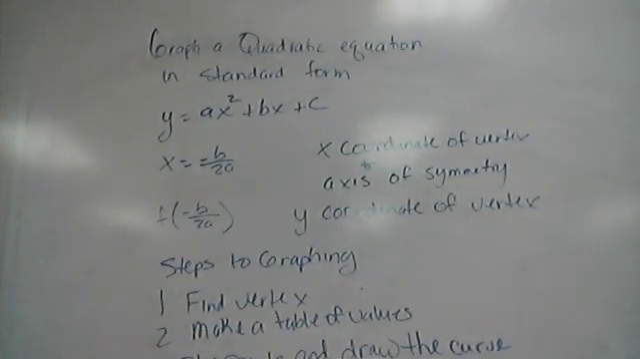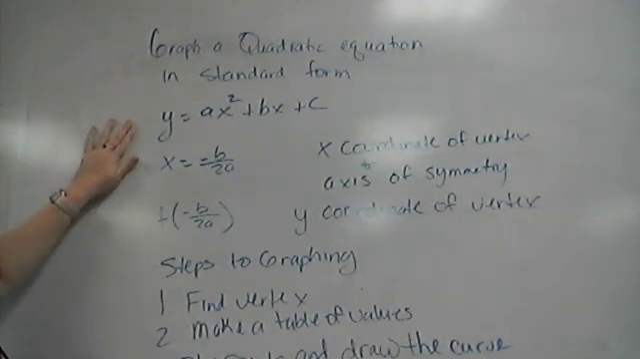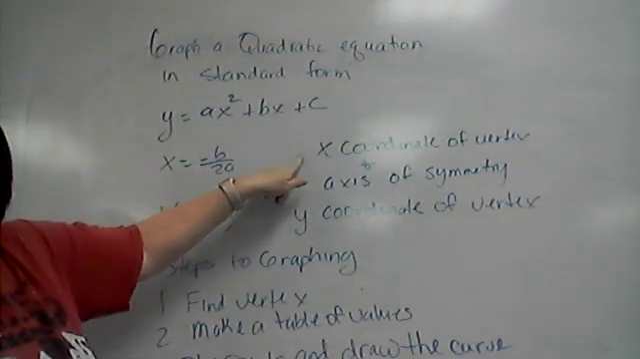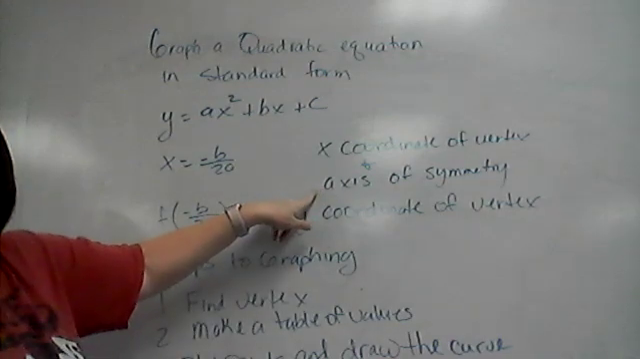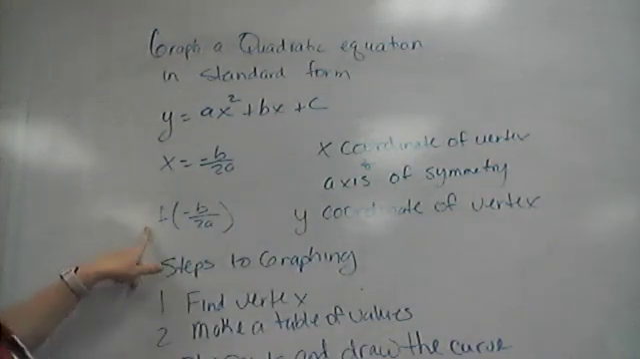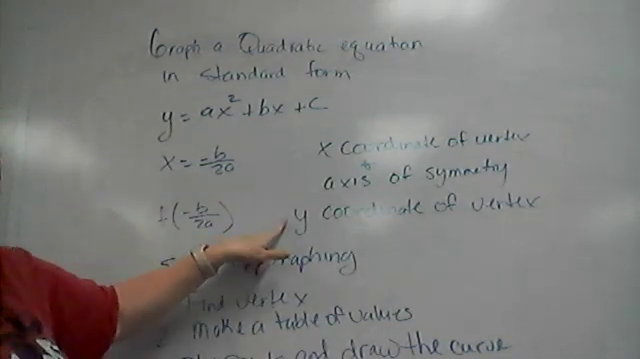Alright guys, we're going to cover graphing a quadratic equation in standard form. Remember, standard form is ax squared plus bx plus c. X equals negative b over 2a. That's the x-coordinate of our vertex, and it's also the axis of symmetry. That's the line that divides the parabola in half. When we evaluate f of negative b over 2a, that gives us the y-coordinate